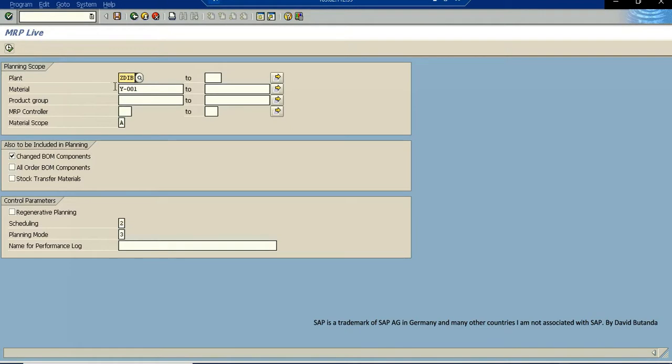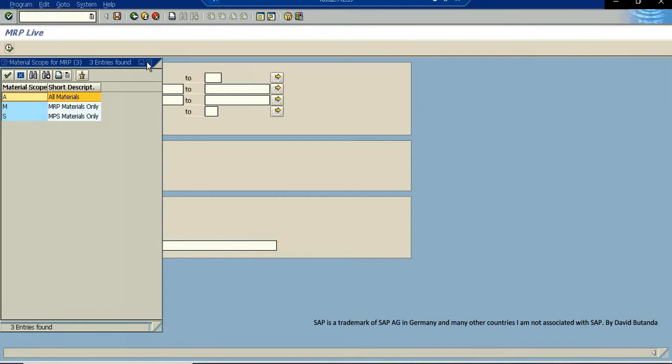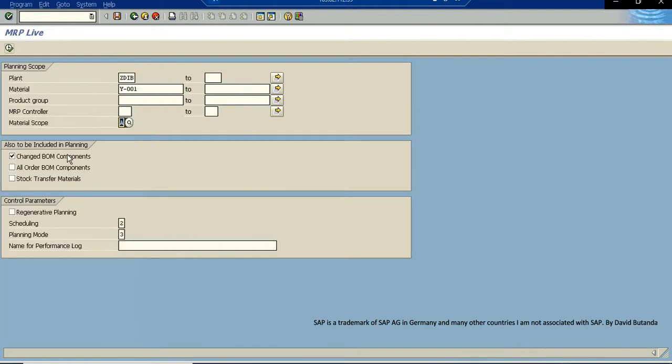And here we can select from what plant to what plant, a range of plants, a range of materials, a range of product groups, MRP controller in case we have more than one, material scope is 8 that we have here for all materials. This product we checked in the bill of material has components in subsequent levels. So here we need to select change BOM components. And scheduling,